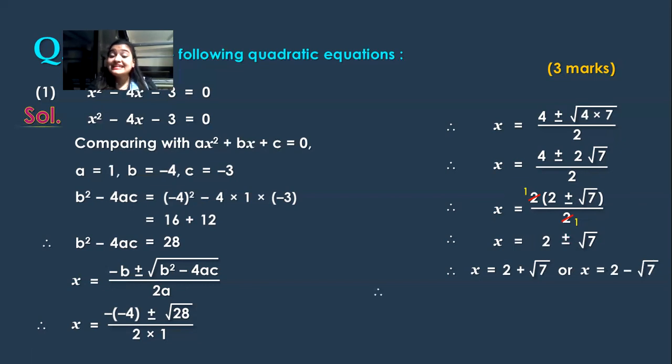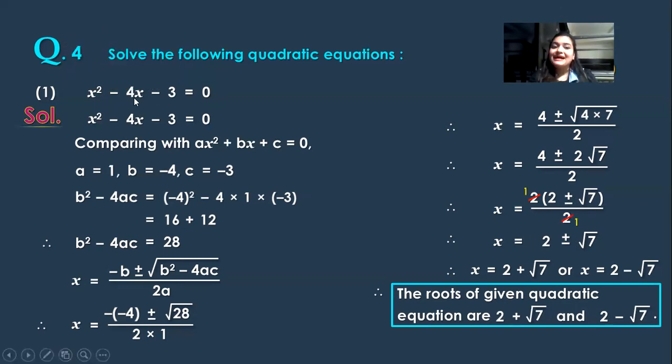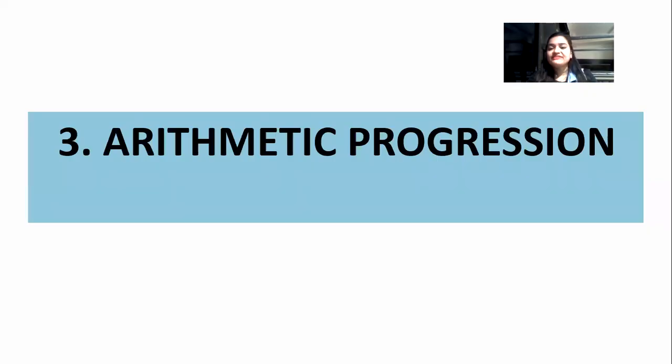The reason, guys, you must have understood now why we didn't use factorization: because multiply karein toh 3 minus, aur add karein toh 4 nahi aayega, no such numbers. So whenever factorization doesn't work, you can go for formula method. Guys, a tip over here, whenever you find such an equation, first of all, do it by factorization because it is very easy. So that time only think about the terms, what will be the numbers. If multiplying gives minus 3 and adding gives minus 4 doesn't work, then use formula method. Okay. Now we are going for the next chapter, that is arithmetic progression, an easy chapter.